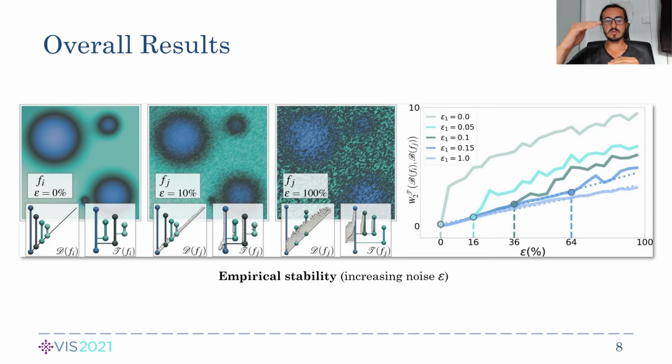When it is set to 1, the structure of the tree is not taken into account, and the proposed metric becomes strictly equivalent to the Wasserstein distance between persistence diagrams. In that case, the distance evolves linearly with the noise, which is expected given the stability of the Wasserstein distance between diagrams. For lower values, the structure of the trees comes into play, and we can see clear transition points